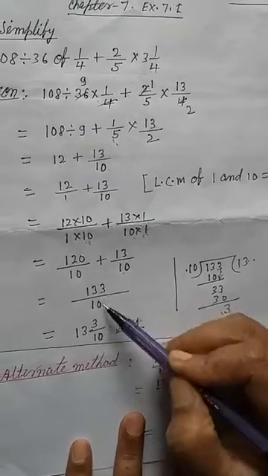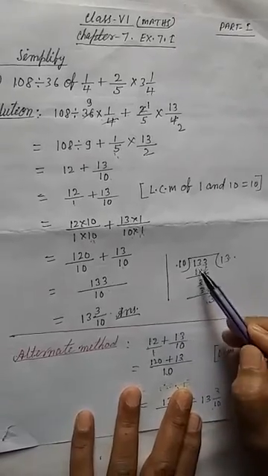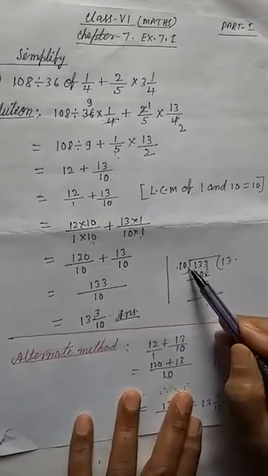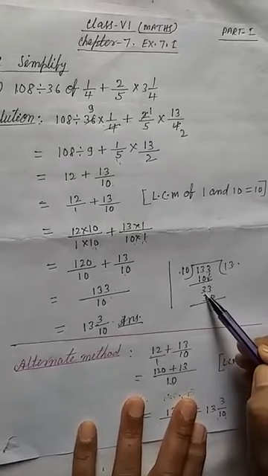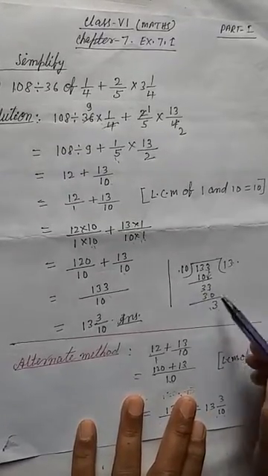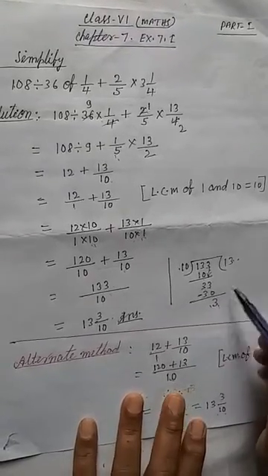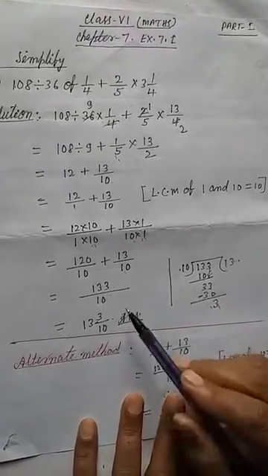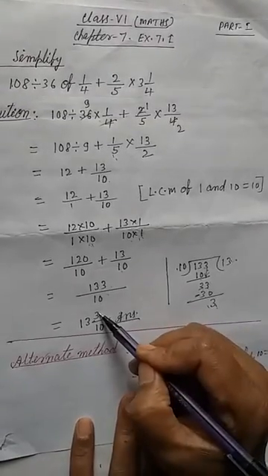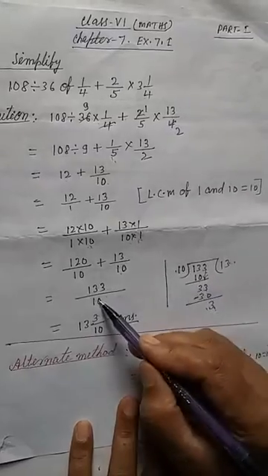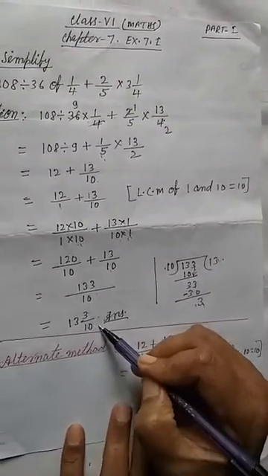Now if you want to change it into a mixed number, you can do it like this. Divide like this, and then you will get 1 times 10, and then here 30, bring down 3, it becomes 33, 10 threes are 30, and then subtract here and get remainder 3. So 13 is the quotient, so you write the quotient as the whole number 13. The remainder 3 becomes the numerator, and 10 never changes because 10 is already the denominator. So this is the answer.